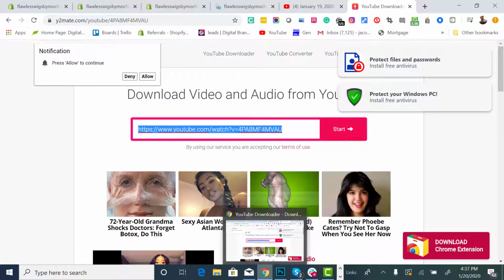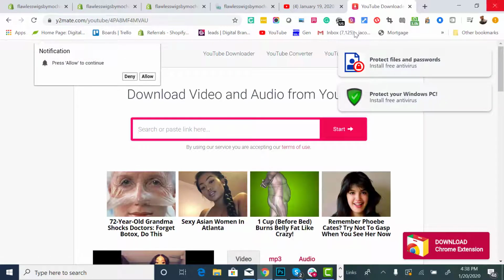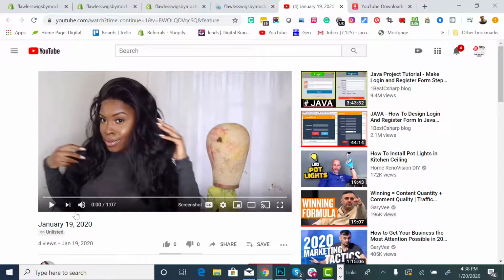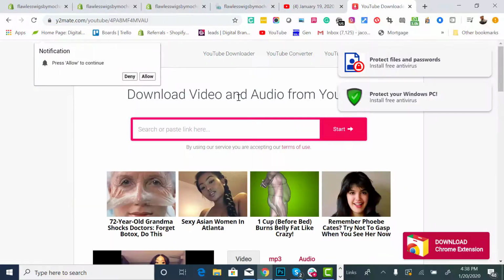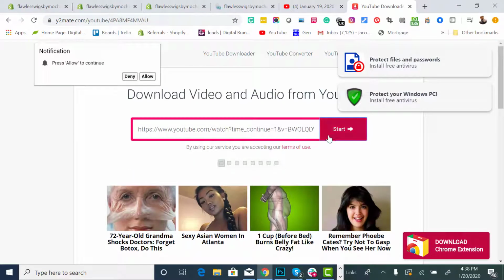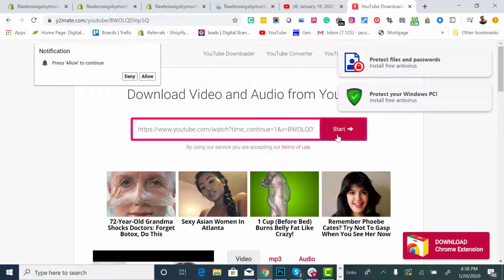On this YouTube downloader, there are a lot of ads and a lot of pop-ups. I recommend not clicking any of these ads or pop-ups because I don't know what they do. So I'm just going to grab the URL link from the top of the screen here. Control C if you have a PC, or Command C if you have a MacBook. Paste the link here. It starts searching for the link,